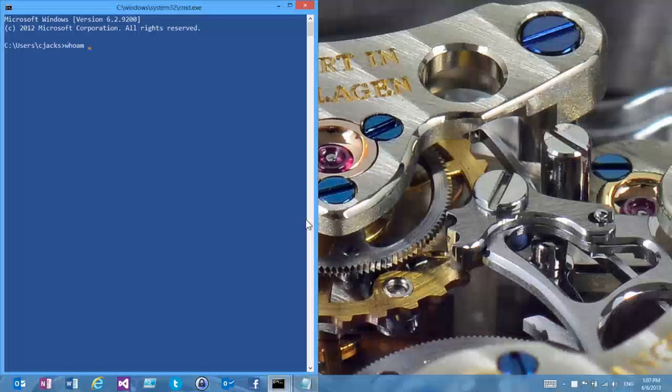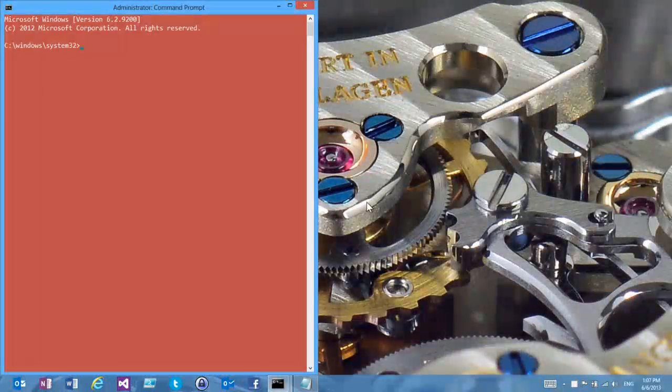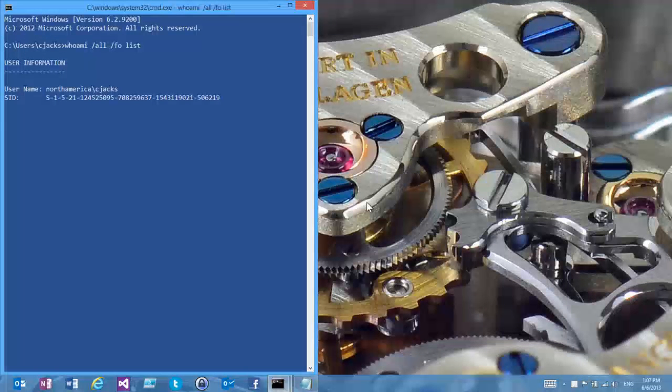So we can see that using the whoami command. I'm going to dump everything about my token, and I'm going to format it as a list. And then I'm going to use Windows X to get me to an elevated command prompt. If you didn't know that trick, that's a nice one to go to. And I'm going to do the exact same thing: whoami /all /fo list, and I'm going to dump the contents of my token. Since I am connected via DirectAccess, I do actually have a pipe to get back and resolve the names against all of my SIDs. So it takes just a minute to go and run this.